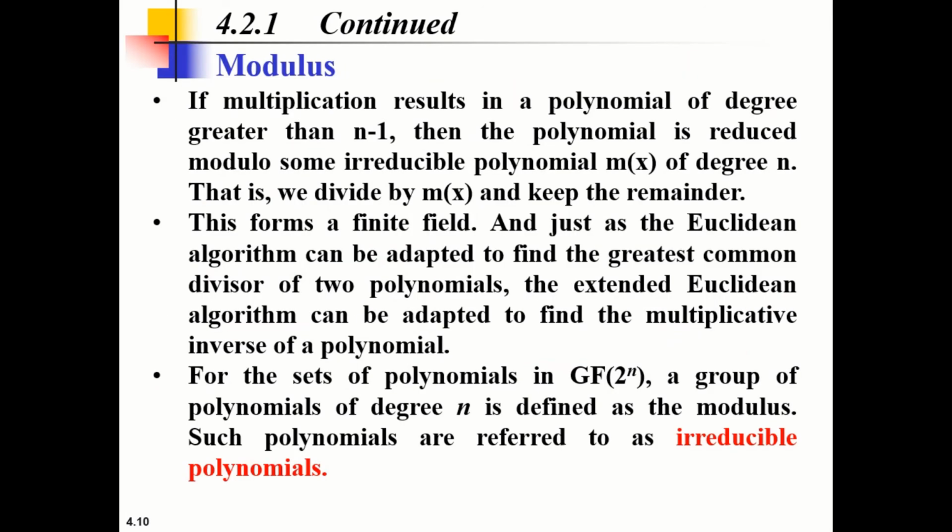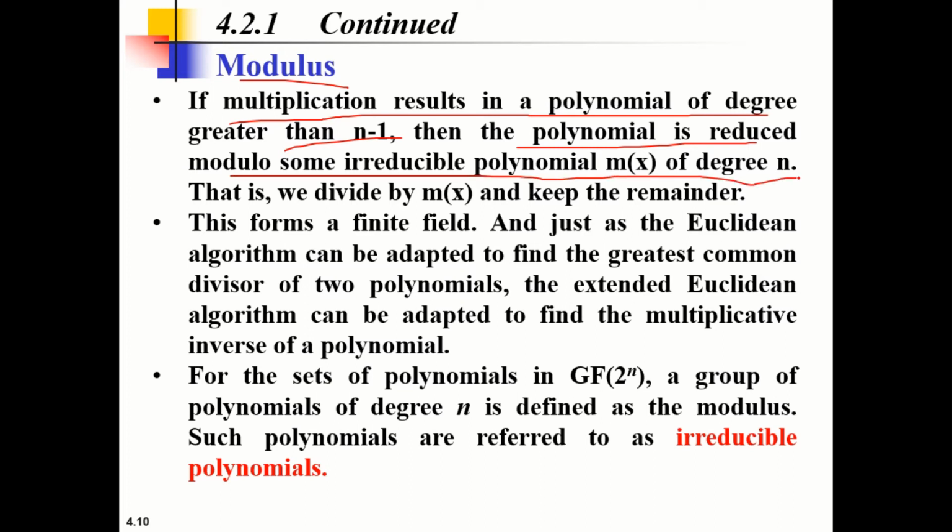Now we'll discuss this modulus operator and we'll discuss in detail those irreducible polynomials. So that is the thing I was telling you, that sometimes this multiplication results in a polynomial of degree greater than n minus 1. So in that case the polynomial is reduced modulo some irreducible polynomial m(x) of degree n,